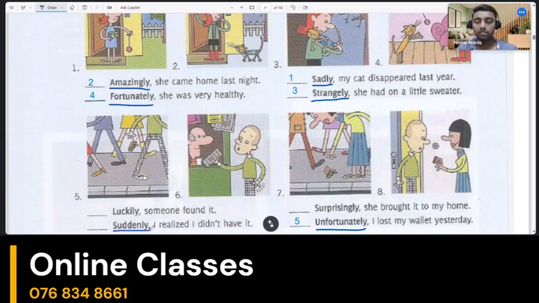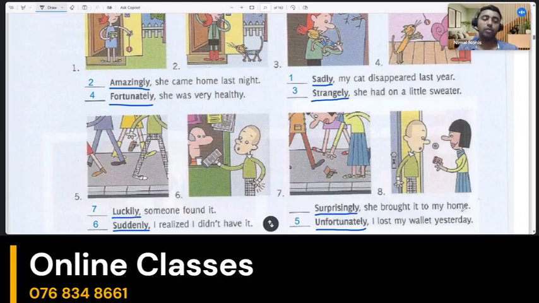Suddenly. I realized I didn't have it. So this must be the sixth one. In this picture, when he wanted to buy something and pay, he didn't have the wallet with him. So he suddenly realized that he didn't have it. Luckily someone found it. You can see in the seventh picture there is a lady finding this purse, this wallet. So we can use number 7 for this one. Luckily. That's a lucky incident. And